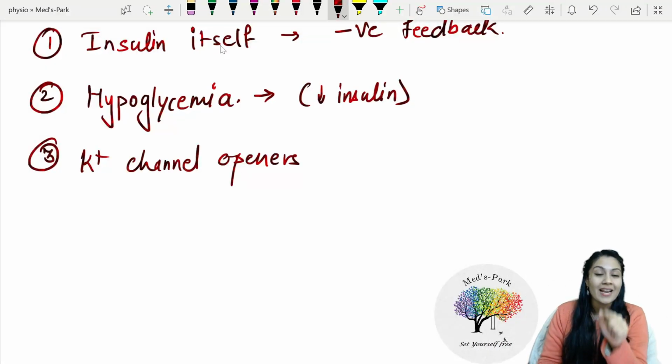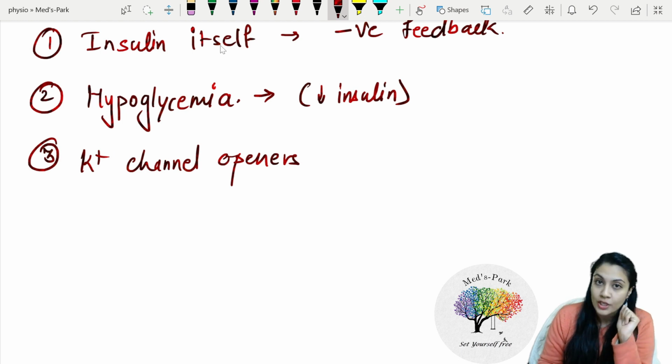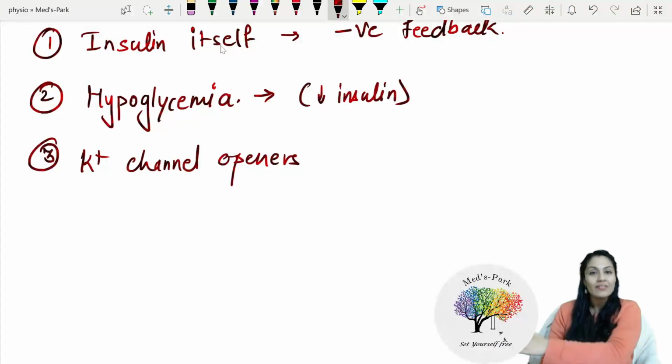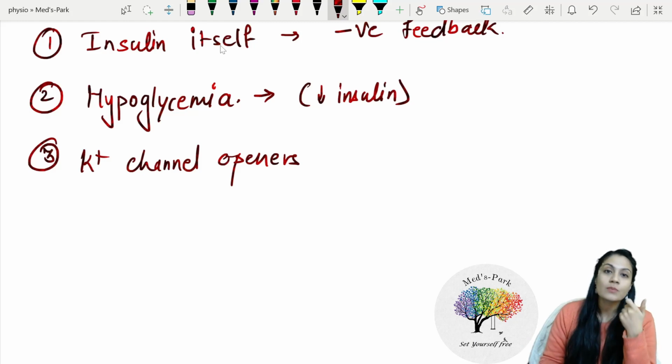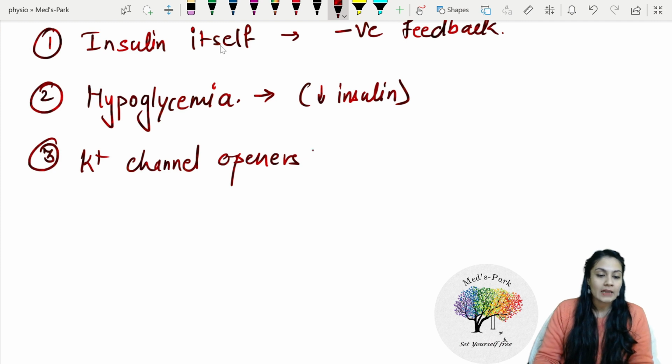Why? Because the channel is now open for a longer duration. If the positively charged ion is leaving the cell, definitely the cell will become more negative, right? And if it is going more in the negative, what do we call it? We call it